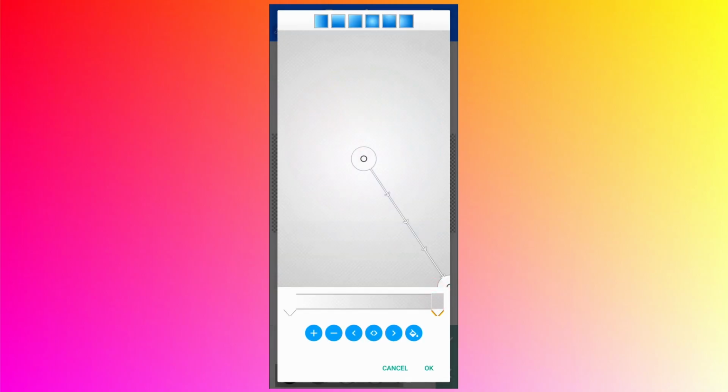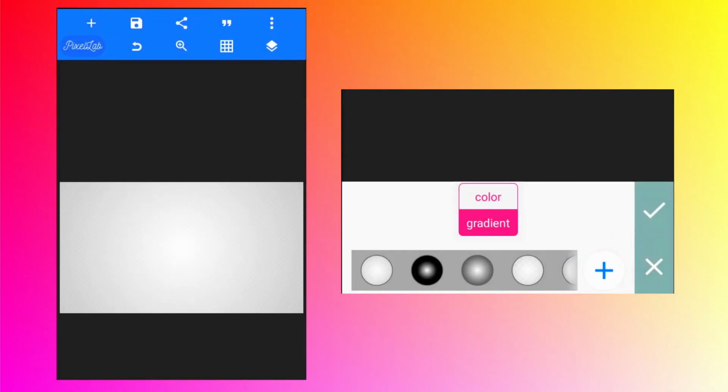Click OK. Now you can see that there is a blurry effect in this gradient. Tap OK, and this is added to our canvas.